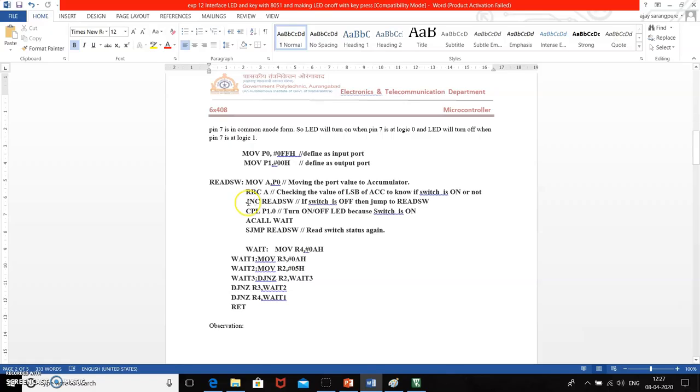Whenever the carry flag contains logic 1, this JNC condition will be false, and the pointer will execute the next instruction present after this JNC. The next instruction is what? Complement pin 0 of port 1, means whatever logic was previously present, we have to complement it.